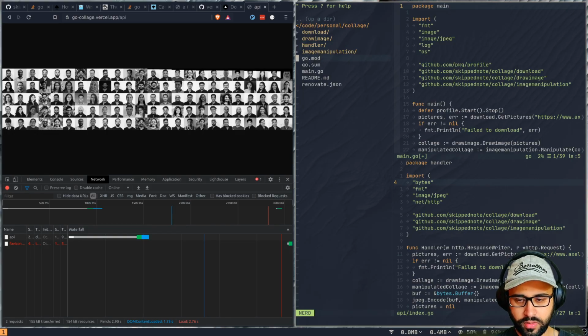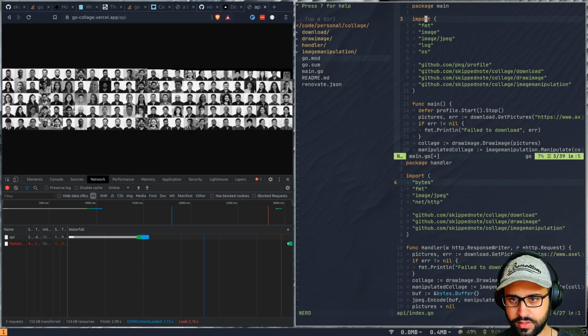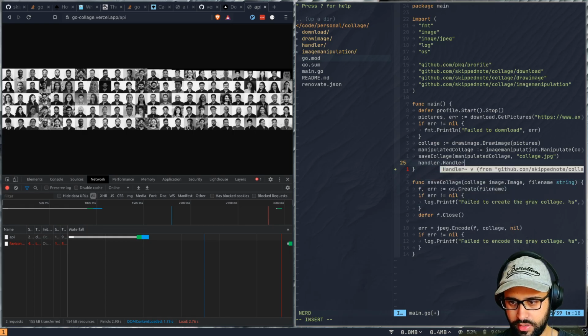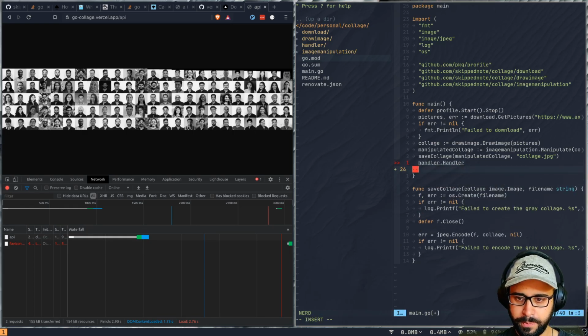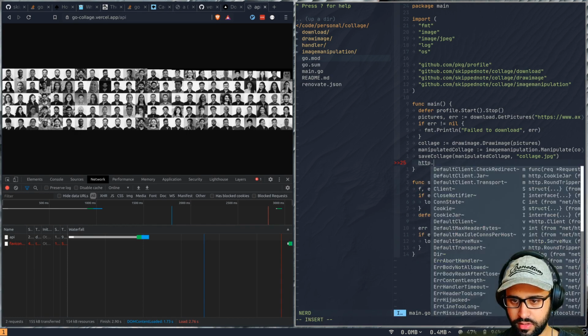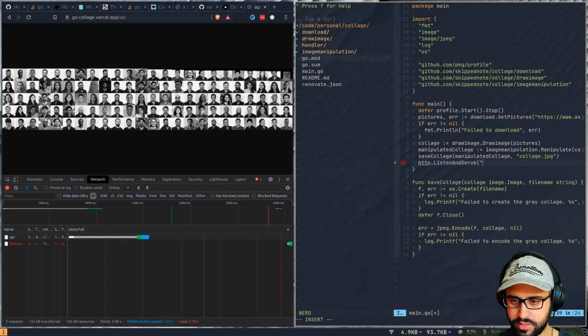Where did it go? Yeah, it's there. This is fine. This is the one I want to get rid of. I can do handler.Handler, right? And this is something I can now do. Let's keep it, let's add it in a bit. Let's do an HTTP ListenAndServe on 8080, with a nil here,